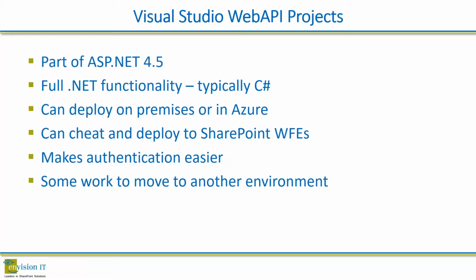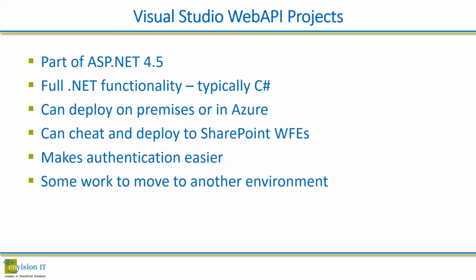So it's part of ASP.NET 4.5. So you've got access to the full .NET functionality. You can use whatever .NET language you choose to. Typically, we're building these in C# code, which is what I'm going to be showing you here today. And you can deploy these on premises or up in Azure. And really that depends often more on where your SharePoint is. If your SharePoint is in Office 365, you're probably going to be deploying these into Azure so that everything's in the cloud. If you've got an on-premises SharePoint environment, you can actually deploy the Web API projects right onto SharePoint